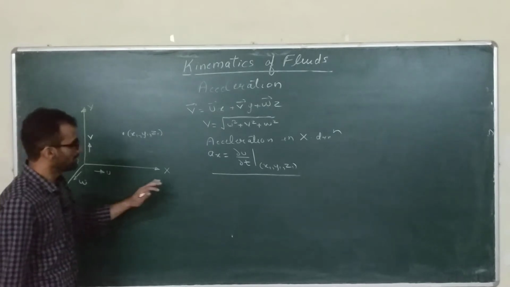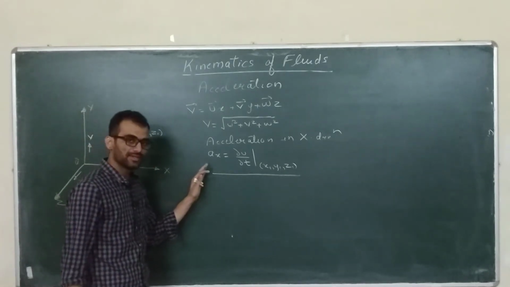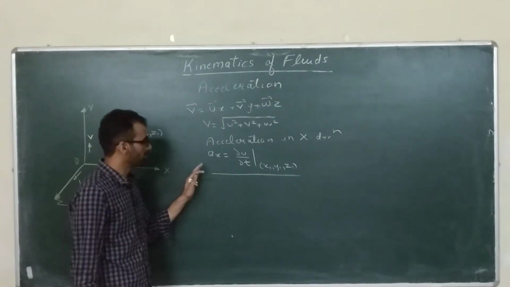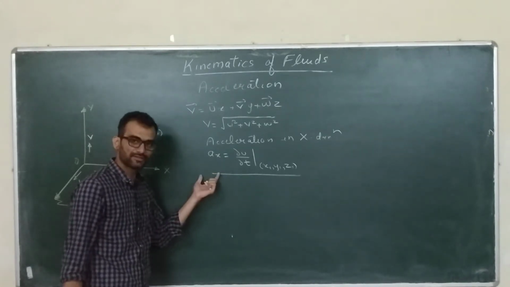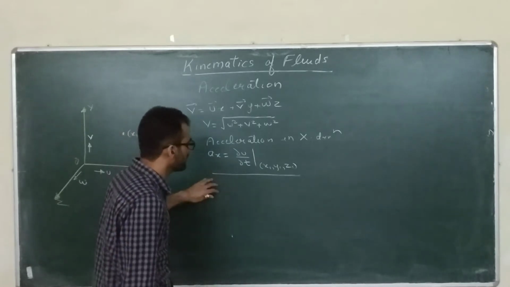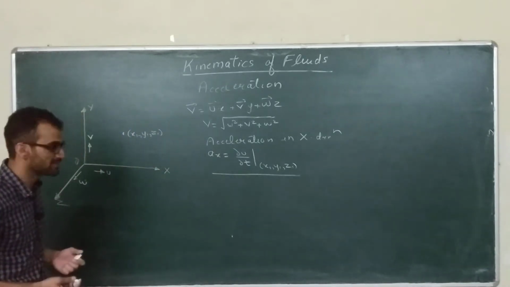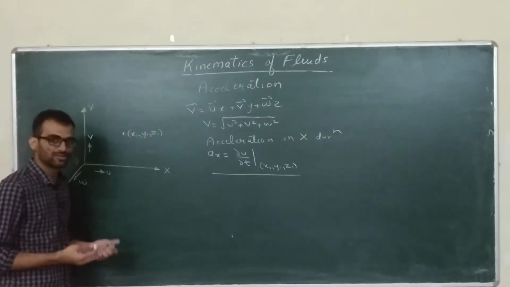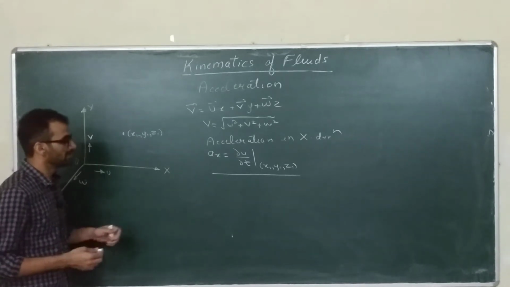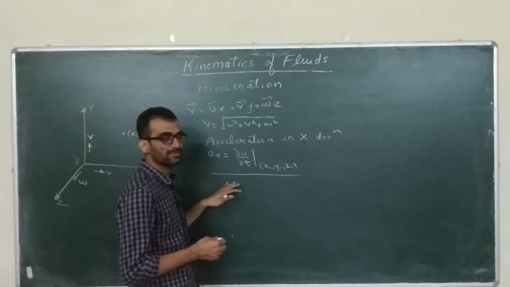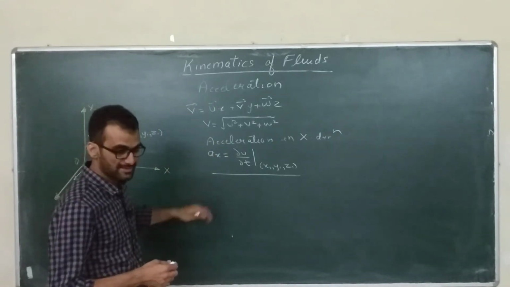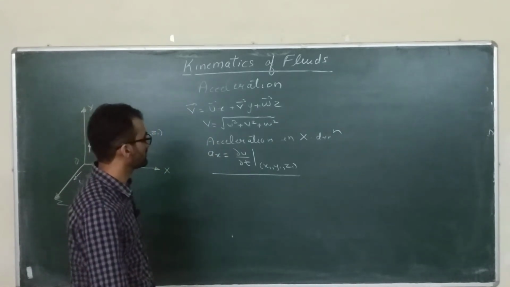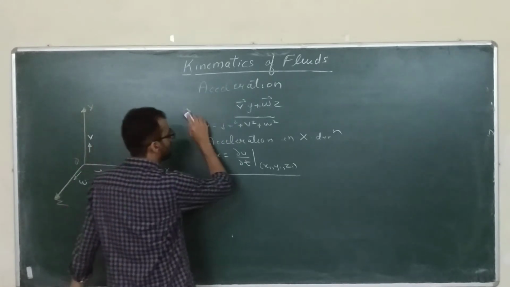If we are following a control system approach, then this is probably a correct way of finding the acceleration. However, when we are taking Eulerian measurements and we are dealing with control volumes and not control systems, then this approach is not suitable to find the acceleration. Now I will discuss with an example how this approach is not entirely correct.